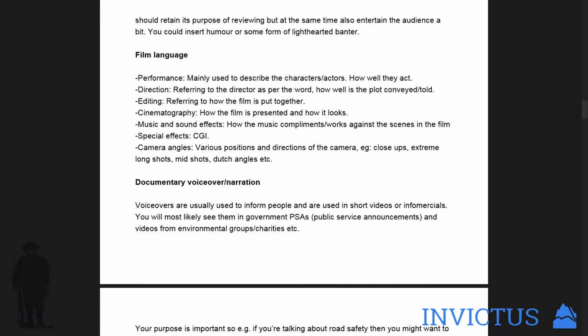Music and sound effects, I don't need to explain much because it works. Does the music work? Do the sound effects work? Special effects, so like CGI, so like Michael Bay films, explosions, whatnot. Camera angles, various positions and directions of the camera, so for example, close-ups, extreme long shots, mid shots, Dutch angles. So like Dutch angles are like tilted angles. So anyway,